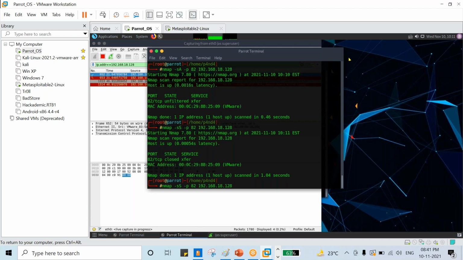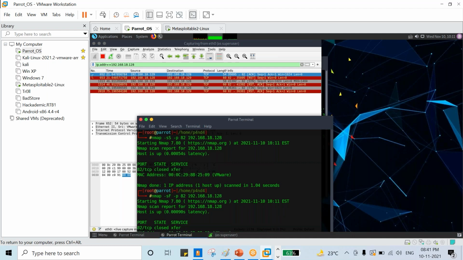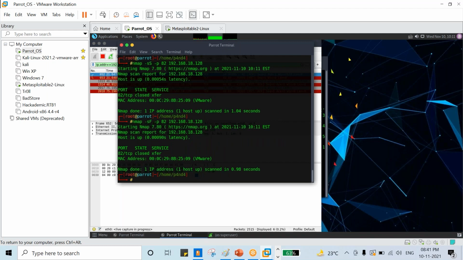And again we can do the FIN scan on port number 82. We got a reset flag. See, we are not getting any other reply, right? In the case of a closed port. So this is about open ports and closed ports.